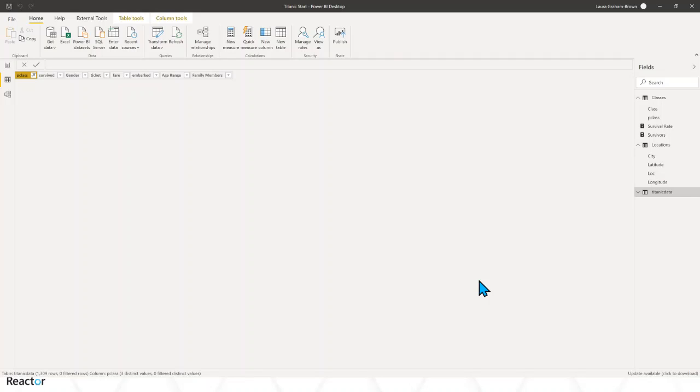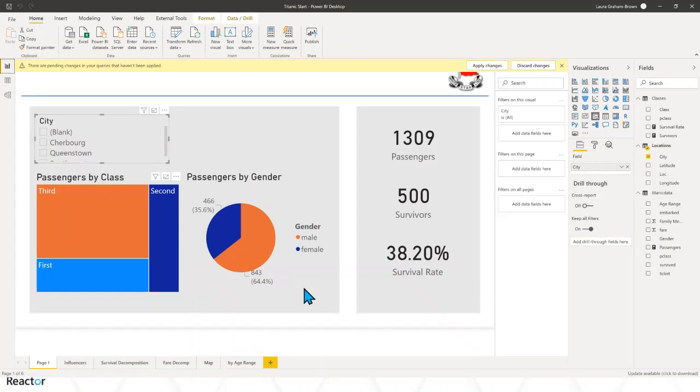I'm then going to move on to, so the filter now shows no rows, which is good. Okay, so let's go back into here. Right, let's move on. Influencers. Okay, so